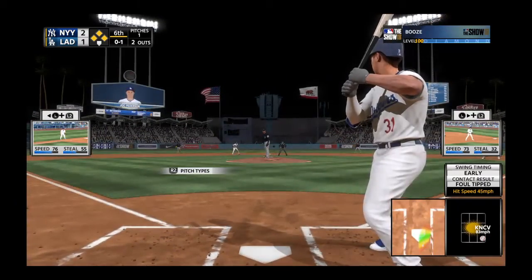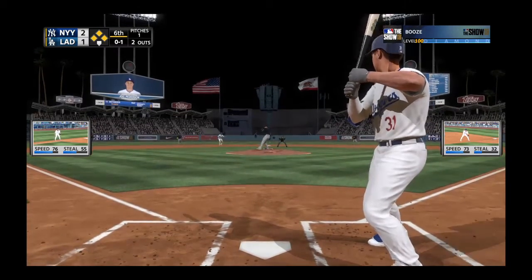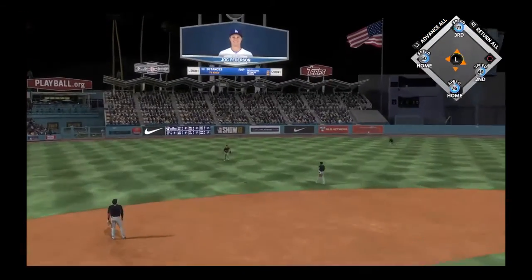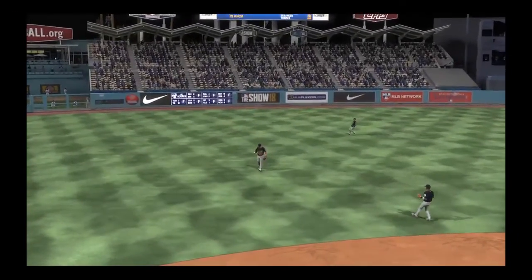Taylor on third, Machado at second, Bellinger at first, 2 out in the inning. Now a ball hit in the air, and this looks like it'll get him out of it. Stanton is there as he makes the...